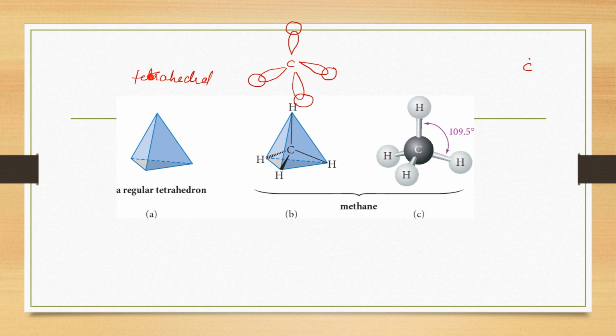So the next point that you will always go for is the geometry. So what is the geometry for sp3 hybridization? Tetrahedral. And for tetrahedral geometry, the bond angle is 109.5. Okay, this is methane. Fine. This is how you should always follow. Okay, now I hope you people have understood. It's very easy and interesting.